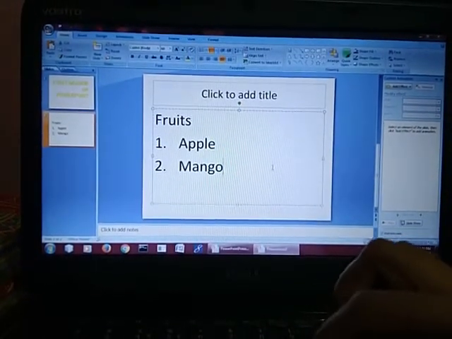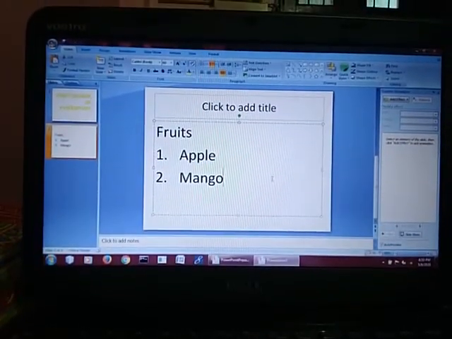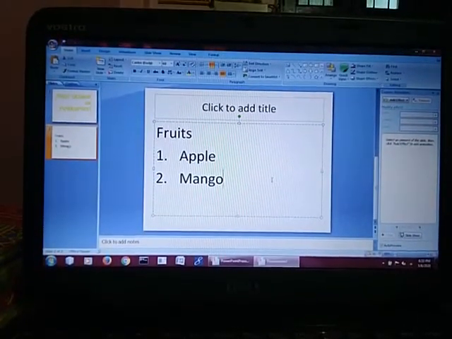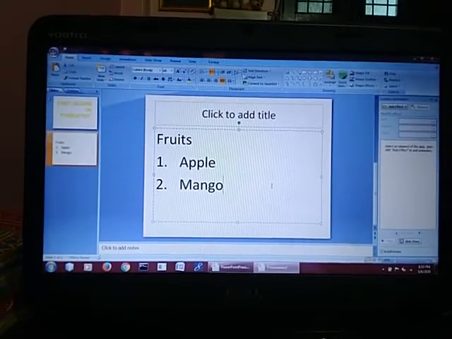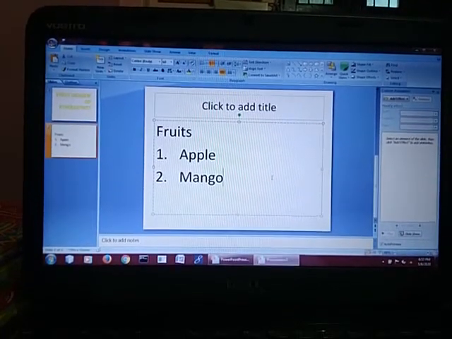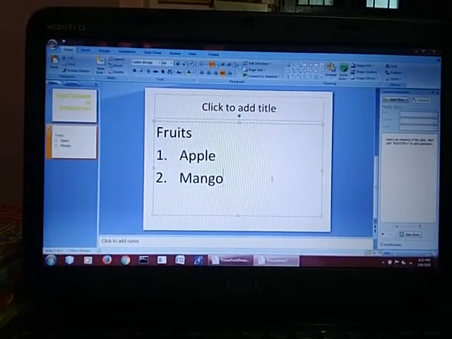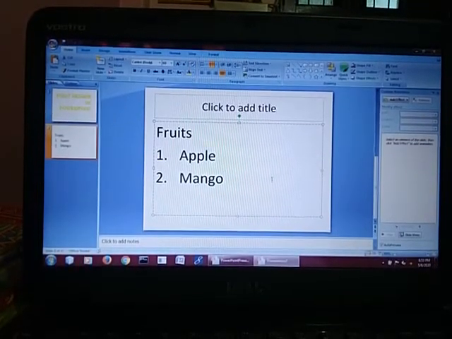Fine. So I hope it is clear how to change the font size, how to change font style, how to bold, italicize and underline the content, as well as how to give numbering and bullets, and alignment is also clear to you.